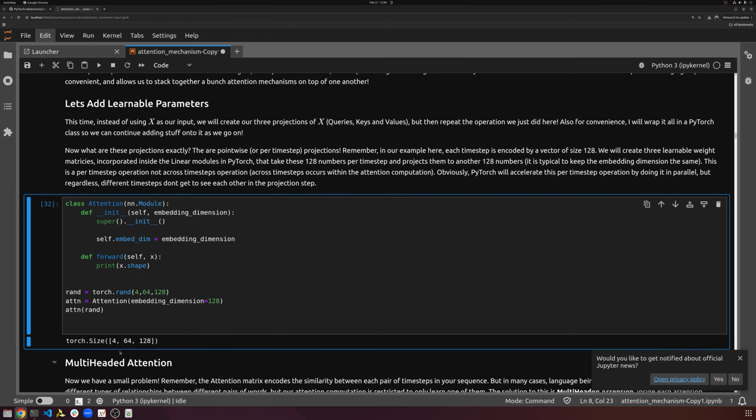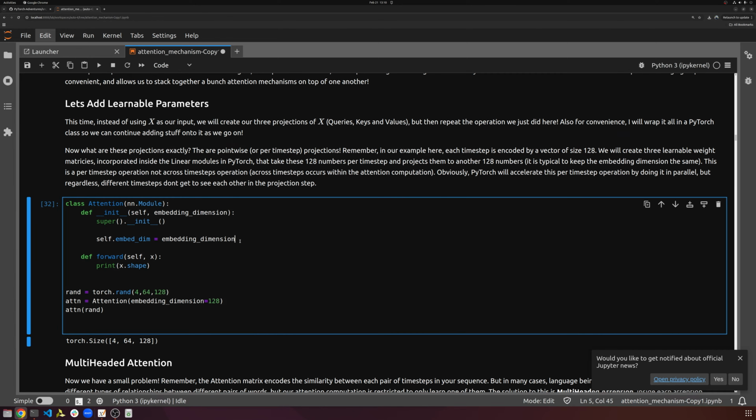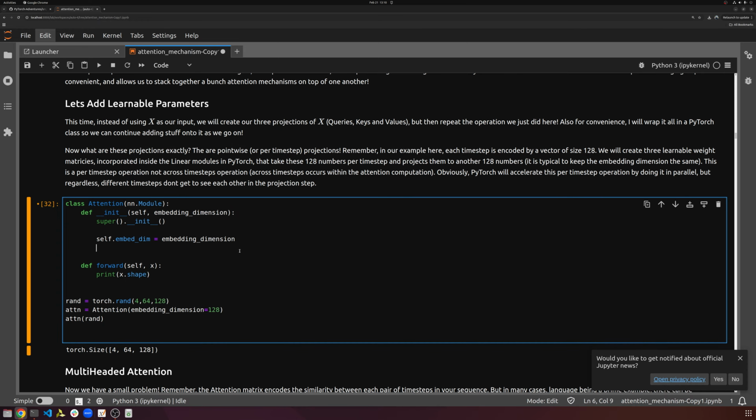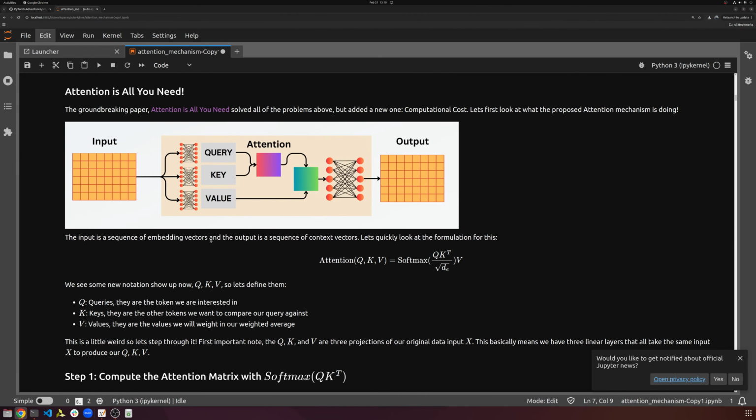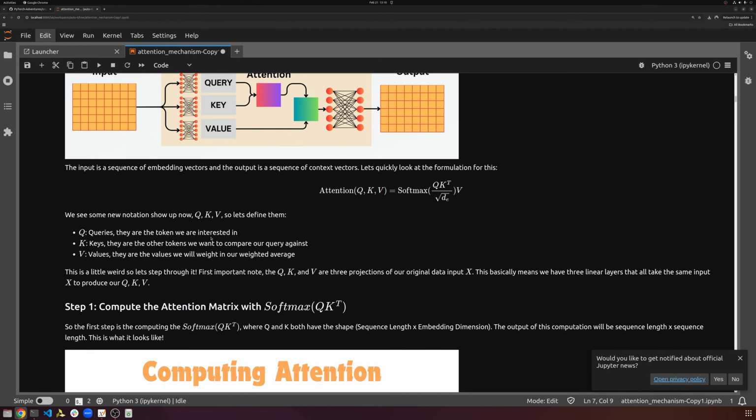So step 1, we want to project each of these vectors here to our queries, keys, and values. So each of these tokens gets individually projected to 3 different matrices, our query matrix, key matrix, and value matrix. So let's go ahead and create them. So right now, what we're going to do is, just like we did in the example up here,